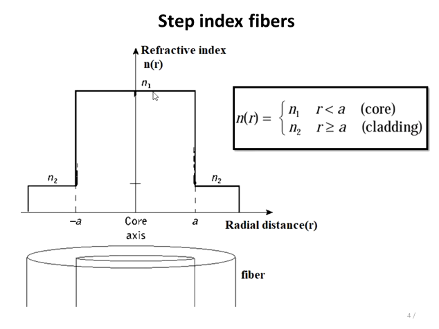So the change is called a step change. This change from n1 to n2 is a sudden change, and that's why it is called a step change. There are no intermediate refractive indices between n1 and n2. Directly from n1, the refractive index changes to n2. So inside the core, the refractive index is constant, that is n1, and inside the cladding, the refractive index is constant, that is n2.